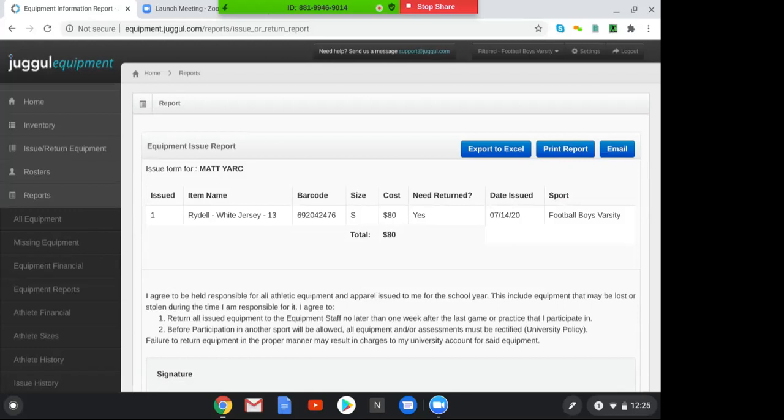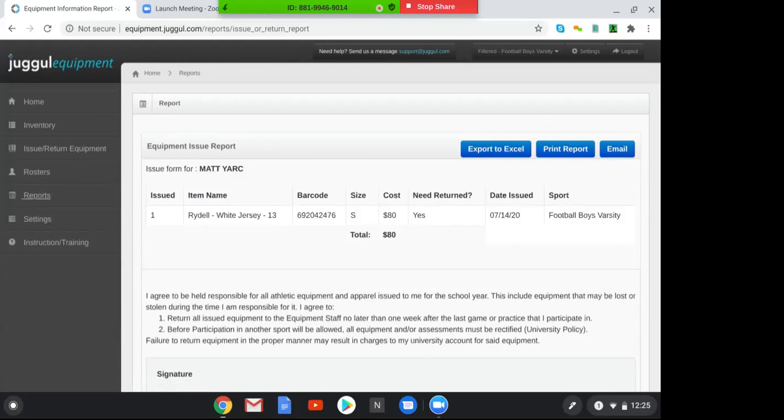And so again, this can be created into an Excel spreadsheet report, can be printed, and it can be emailed. So those are the basic features of the system. Again, the process becomes one that you set the system up by creating your users and adding your teams. And then you put your inventory in, and then eventually, when each season comes along for each team,